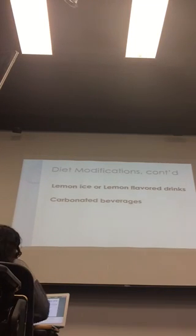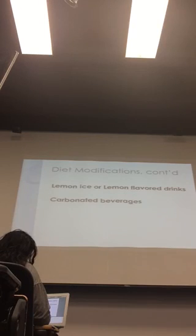Carbonated beverages, I think I mentioned this before, there's an article out there about the sensory information that is provided by carbonation because of the bubbly. And so sometimes carbonated